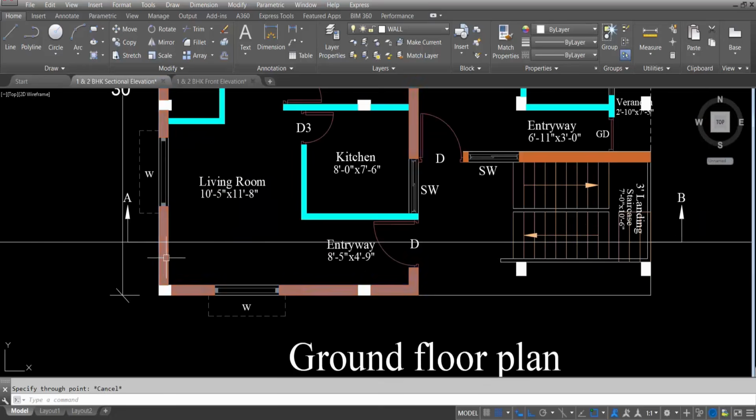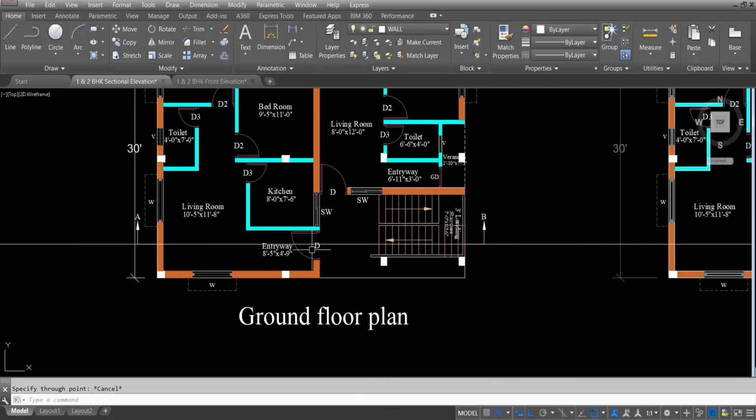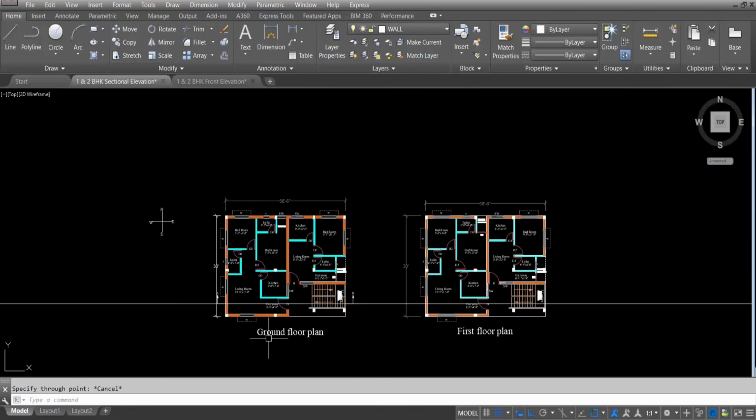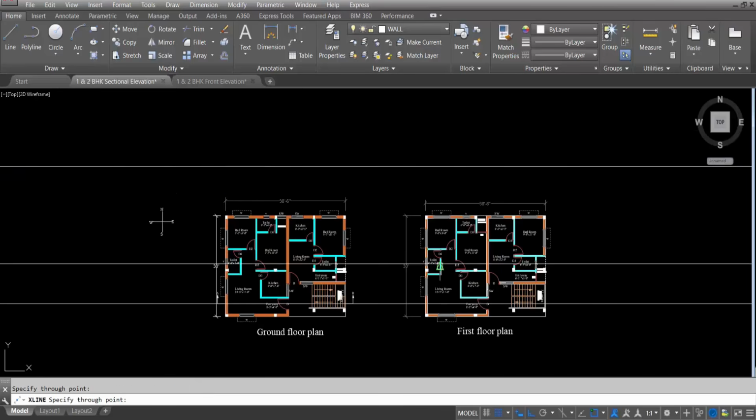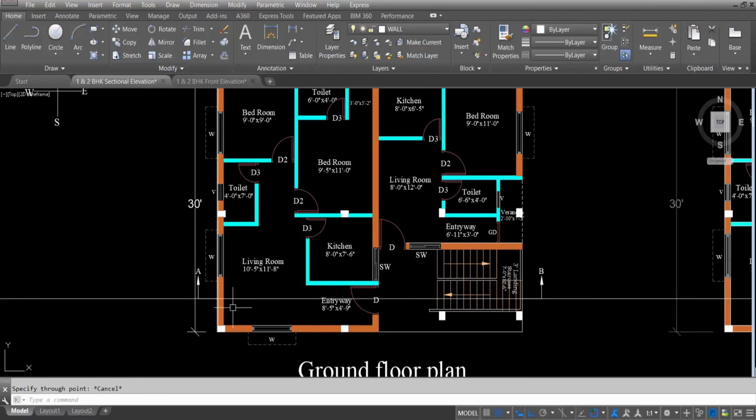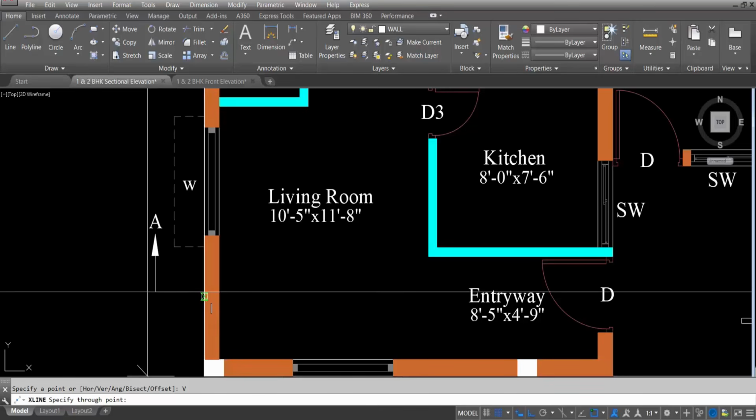Now we'll take projection. So for that we have to take, see here we cannot see this portion. I will show you. Take a construction line, horizontal line, and click here. This is the ground level. So ground level to plinth level height 2 feet and 6 inches. So need vertical line. First projection lines will take. We will take thickness of this wall because section line is